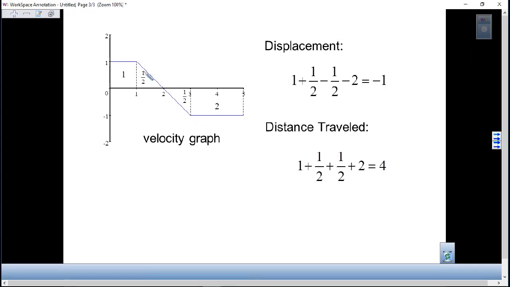Now, this may help you understand this a little bit. So if we were doing an integral, let's say we couldn't find the easy things, but we had the equation of this graph. What you would do here is integrate from 0 to 2 of your function, with respect to t. Now, why do we choose to go from 0 to 2? Well, 0, of course, is the starting point. 2 is our 0. That's where it transitions from being a positive valued function to a negative valued function. So if we wanted to find, let's say, the displacement,